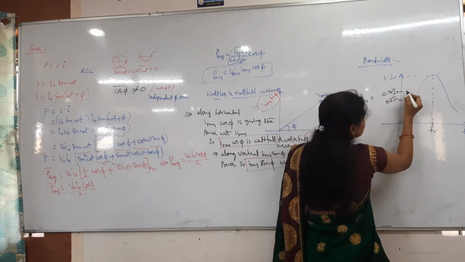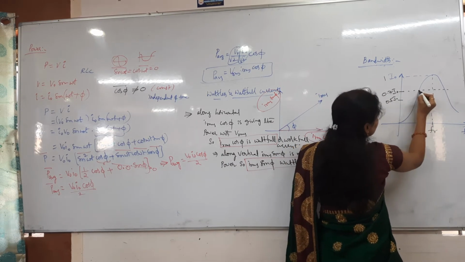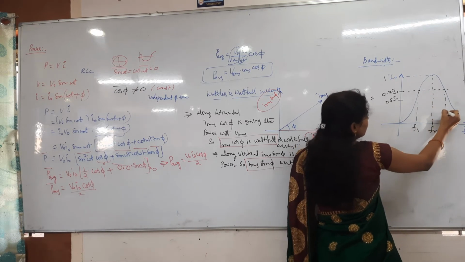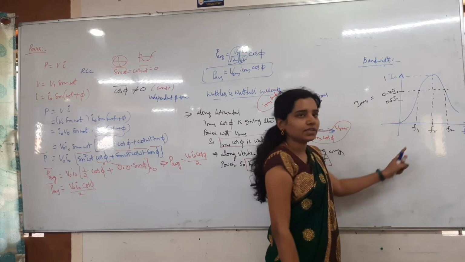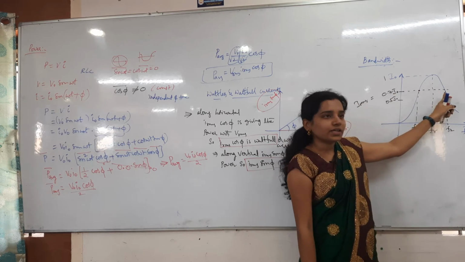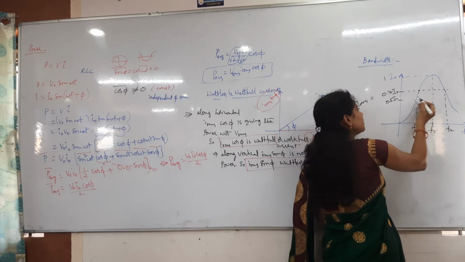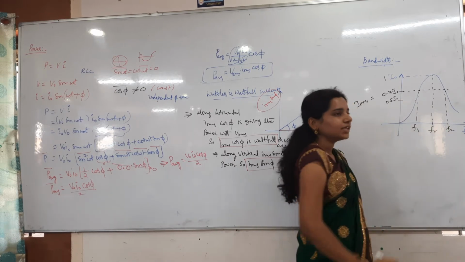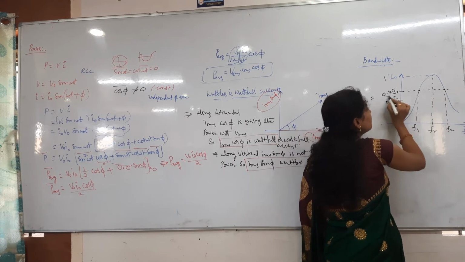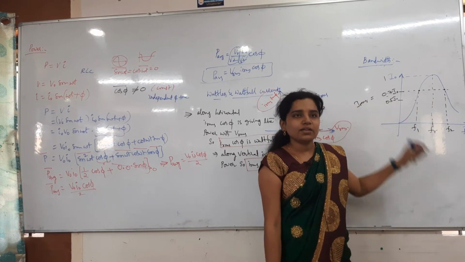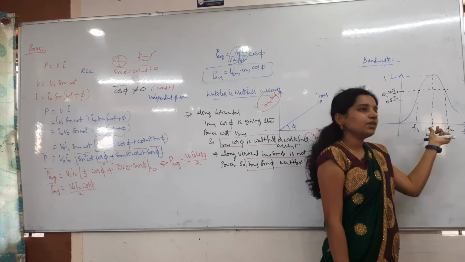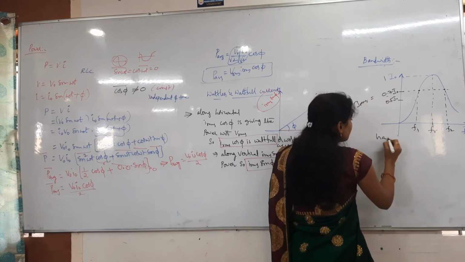Whenever I see the frequencies exactly at these points, let me take this frequency as F1 and this frequency as F2. F1 and F2 I have taken. Now F1 and F2, are they giving the same current or different currents? Same current. Here also you can take F1 and F2. They are also giving the same current, how much current? That is 0.5 I naught. Here these points are giving the current of 0.707 times I naught, that is just IRMS only. These frequencies, F1 and F2, are known as half power frequencies.